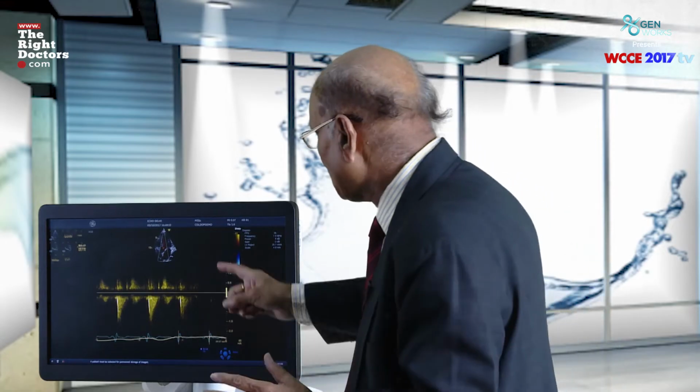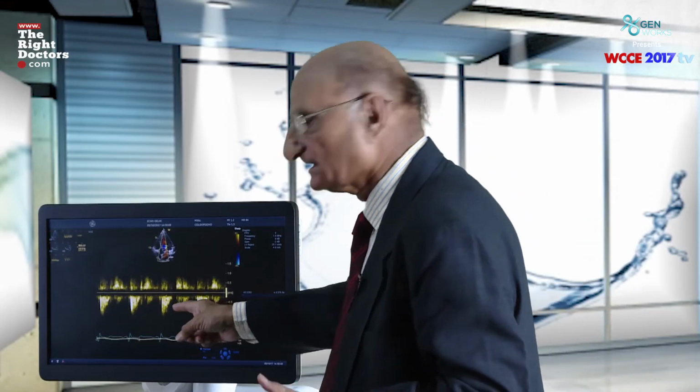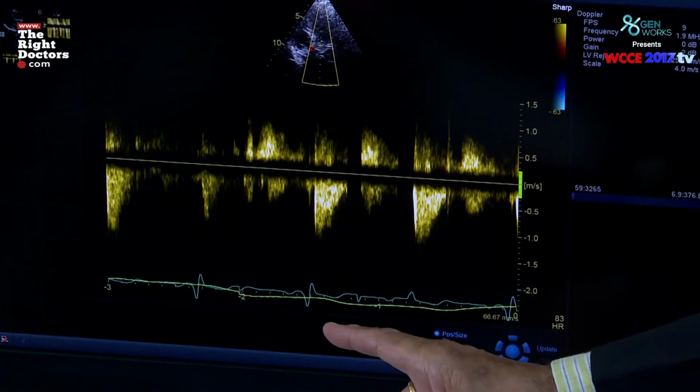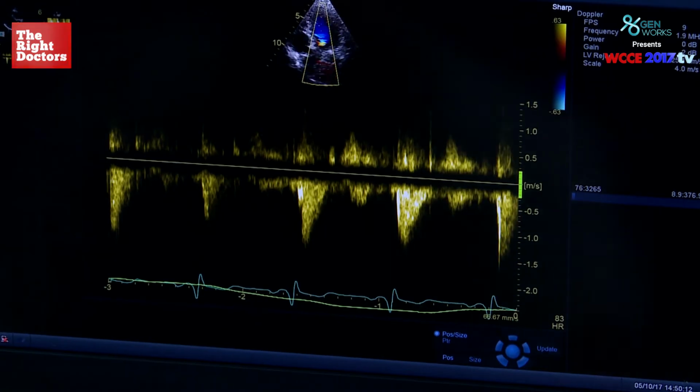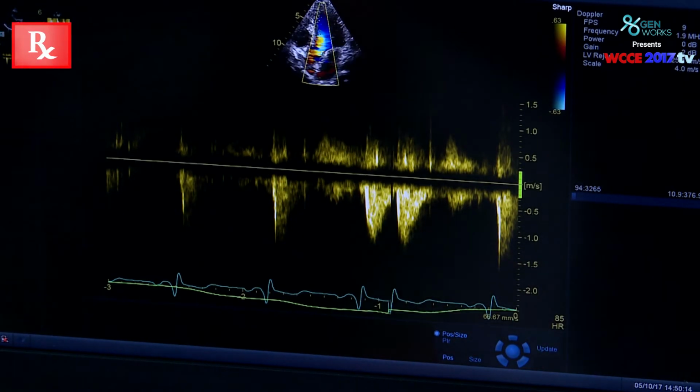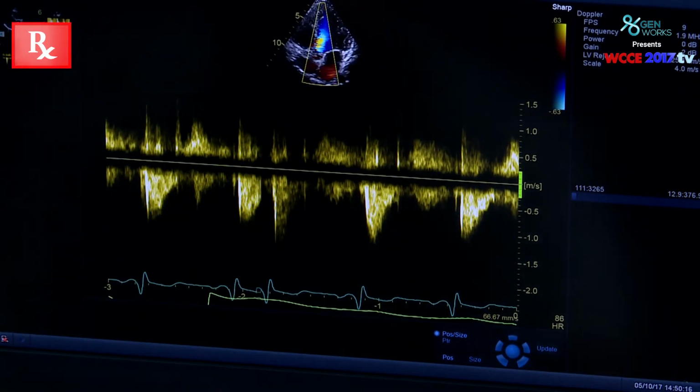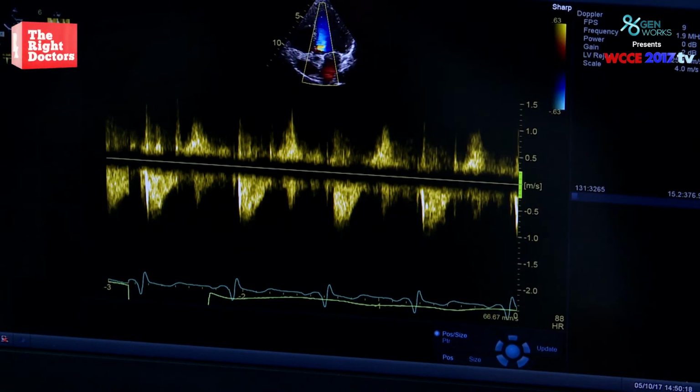For example, he has put a CW Doppler on the aortic valve. Now we know that the aortic valve has a negative Doppler shift because the flow is going away. Number two, the aortic valve has a higher velocity as compared to any other structure in the left ventricle. Hence, although it records continuously from the whole Doppler line, it gives us an indication of where we are recording it from.